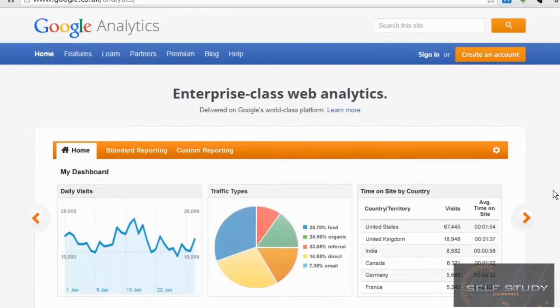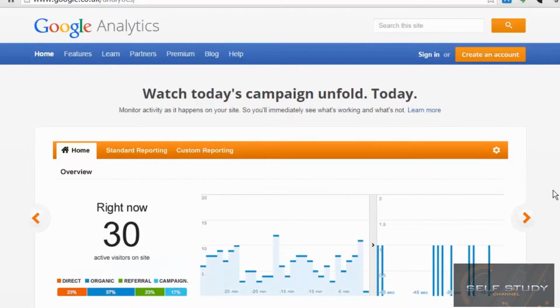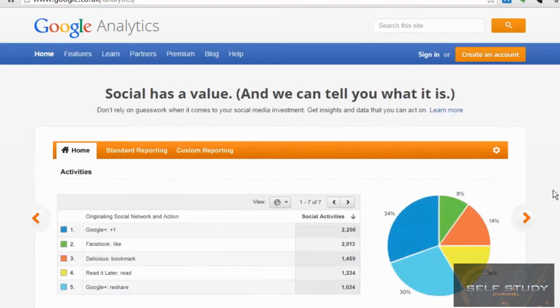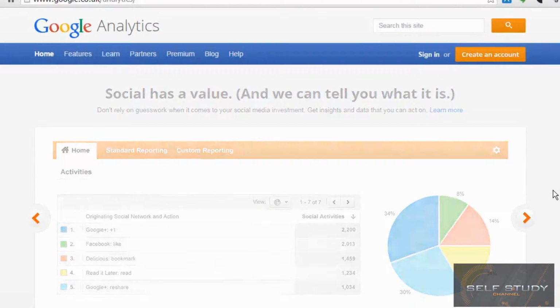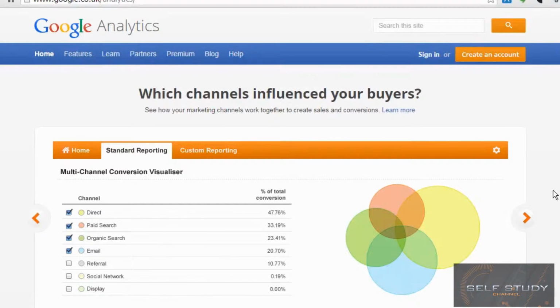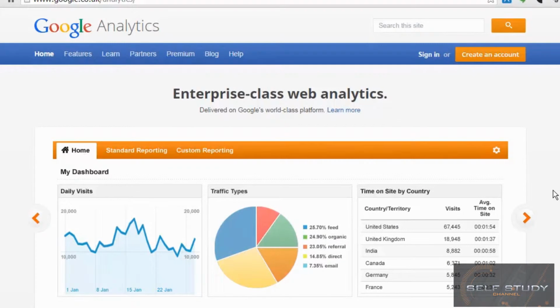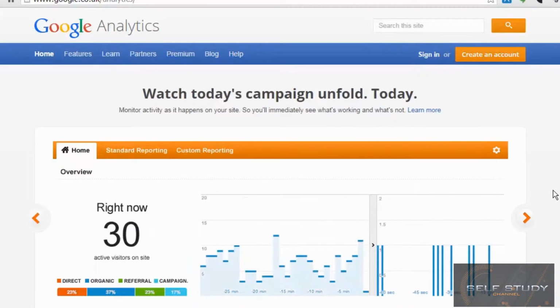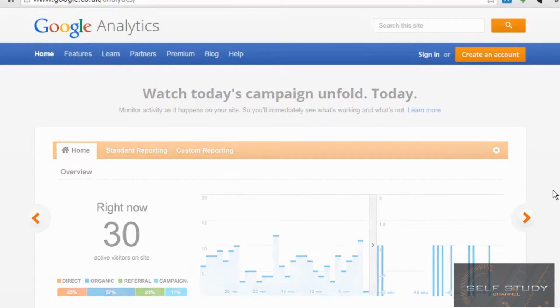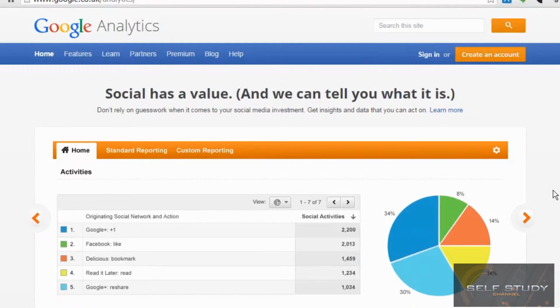You can't improve what you don't measure, and a good way of measuring how your website is used is by using Google Analytics. Google Analytics allows you to find out all sorts of interesting information about how your site's being used and the users that are coming to your site, where they come from geographically, what operating systems they're using, what devices they're using, how often you get return visitors, how many visitors are new, and all sorts of other